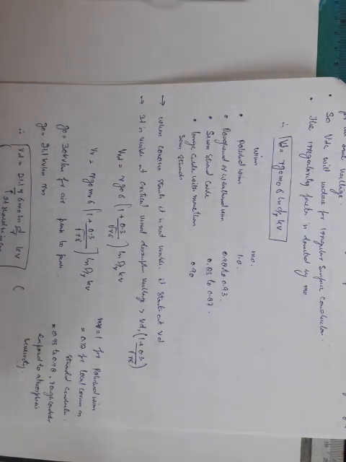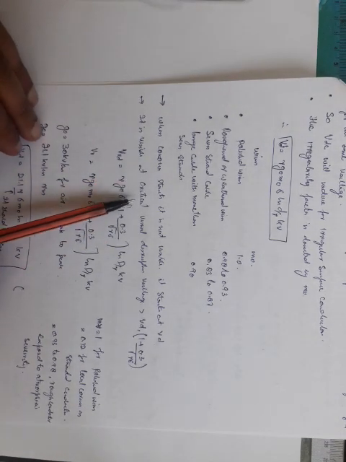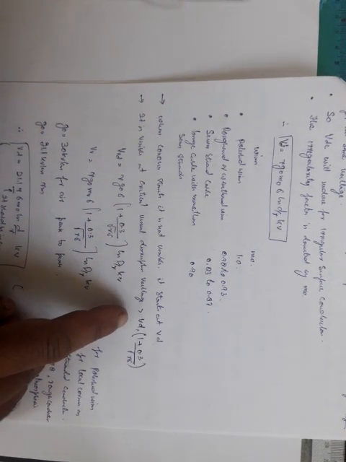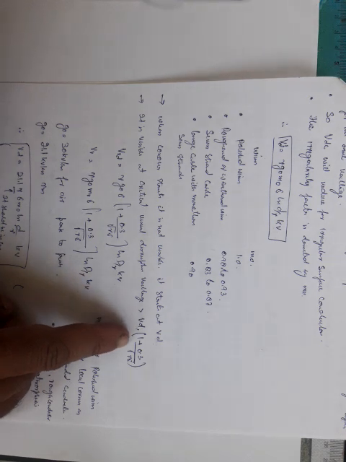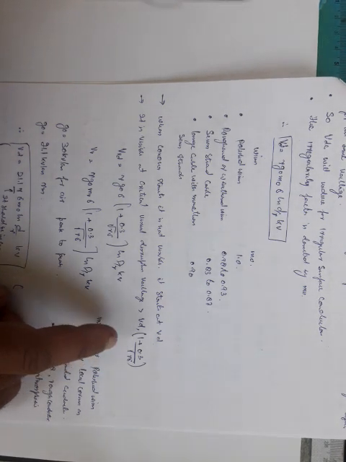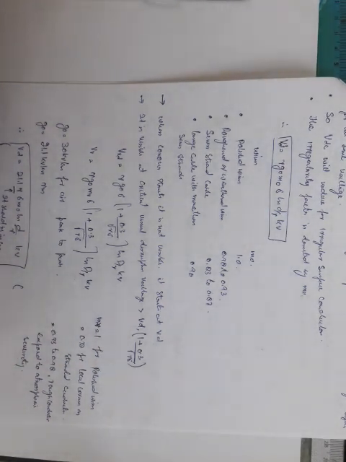Now this disruptive voltage is the voltage at which the corona starts, but it is not visible. The corona is also visible, and if the voltage increases beyond this critical disruptive voltage, the corona becomes visible. The voltage at which the corona becomes visible is known as the critical visual disruptive voltage, and that is equal to Vd into 1 plus 0.3 divided by square root of R into delta, where R is the radius of the conductor and delta is the air density correction factor. This also is an empirical formula.